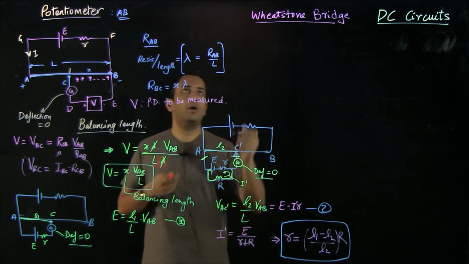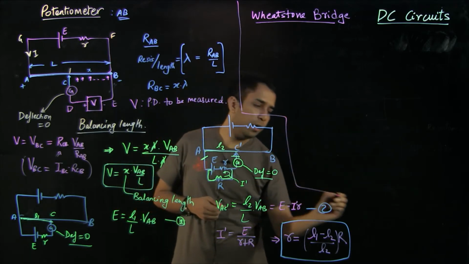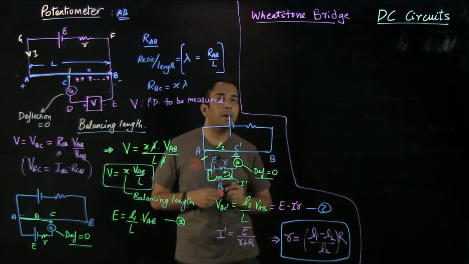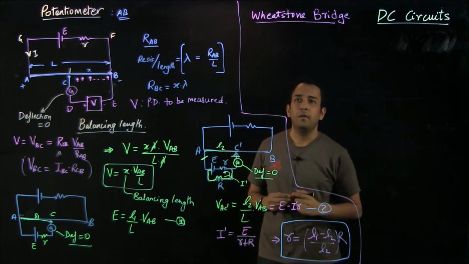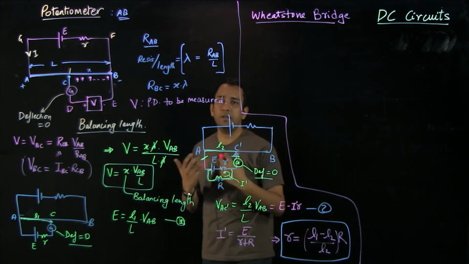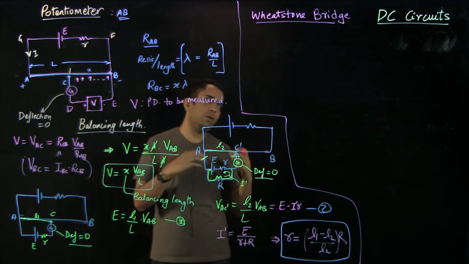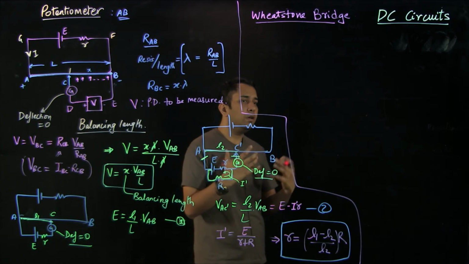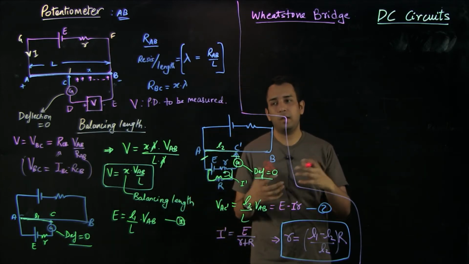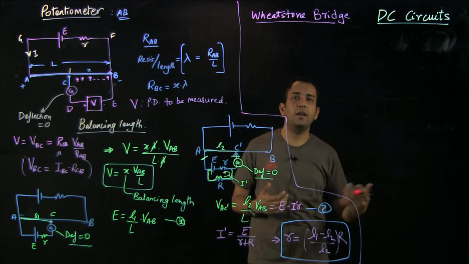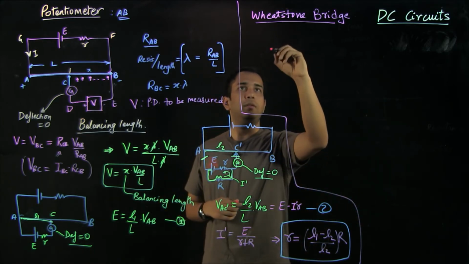Now let us go ahead and discuss a new topic. This is not a device but is a special configuration of resistors in a circuit which shows some very interesting properties, and these properties can be used in the form of a device or in the form of a property which is again and again used in many applications. So let's say